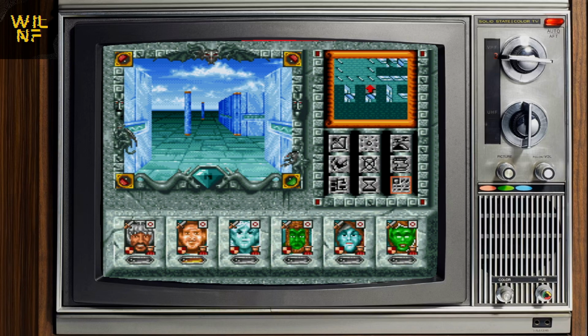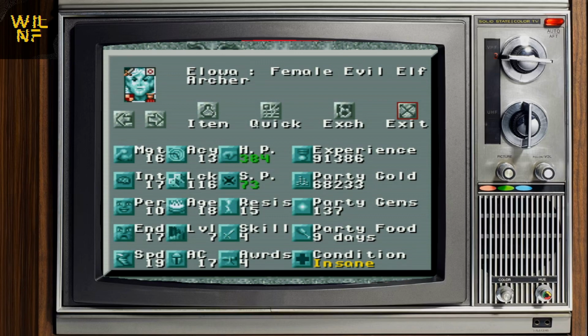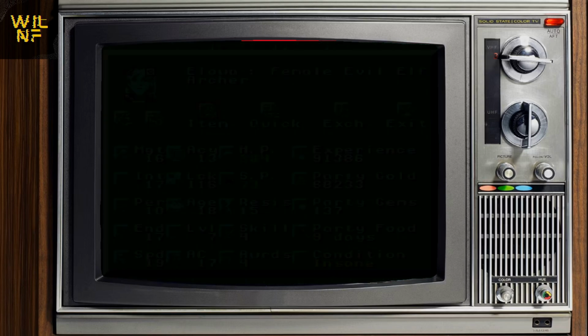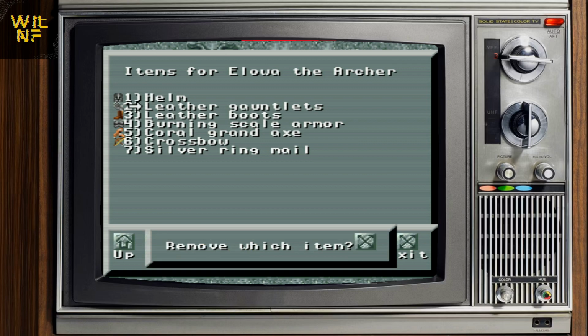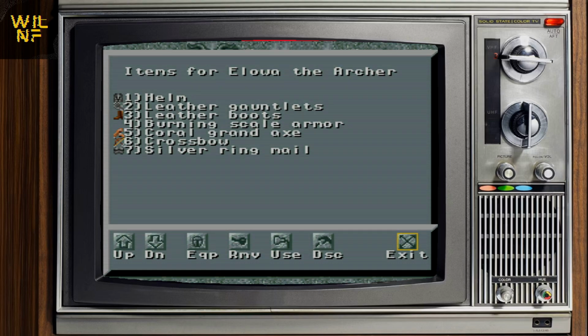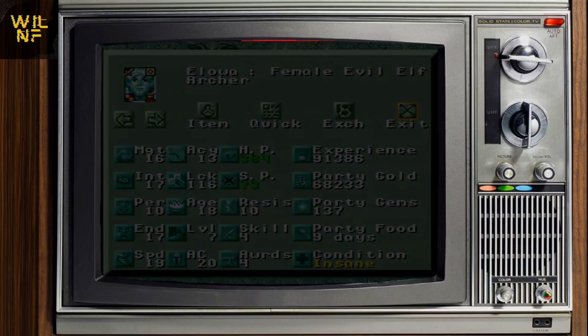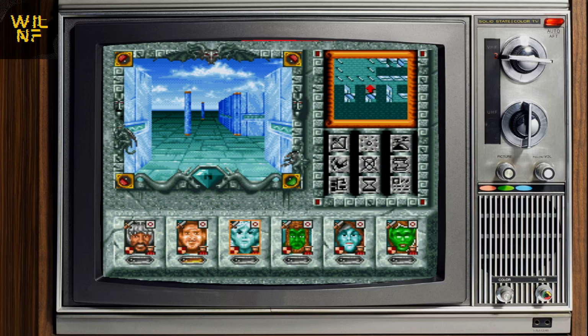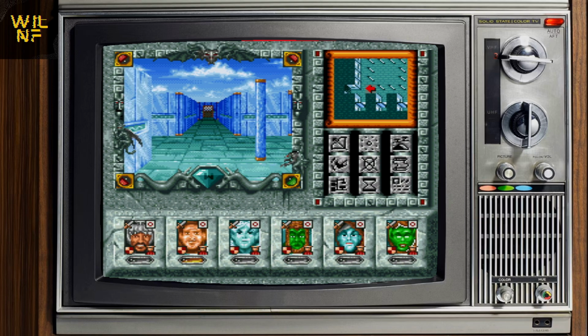So I'm gonna check if anyone... so yeah. So we'll put on the silver ring mail for him. Her. Oh, we're all insane. We gotta cure that. Because it's better defensively. There you go. Nice little boost to AC. Elves lack in hit points, so...